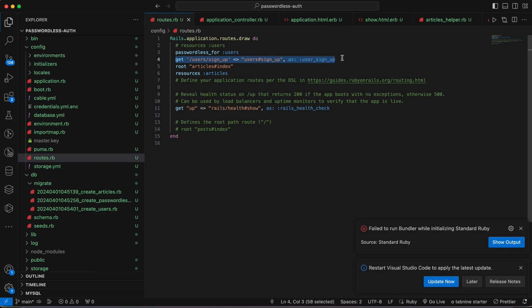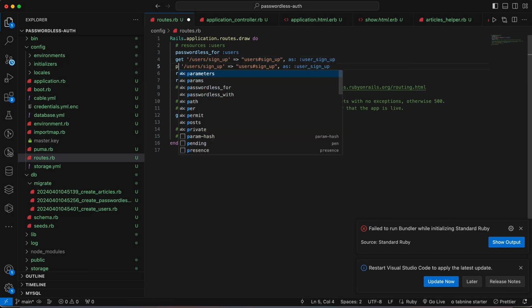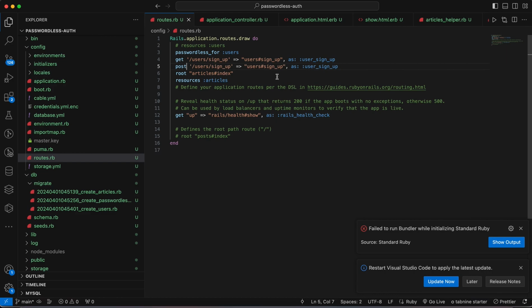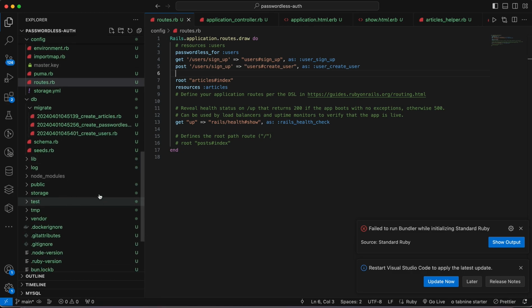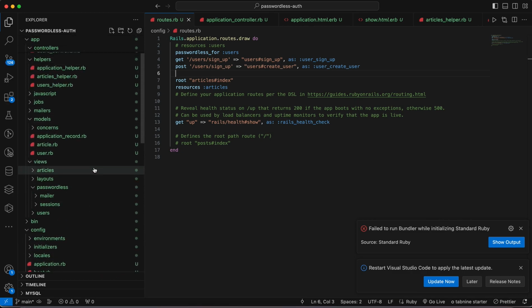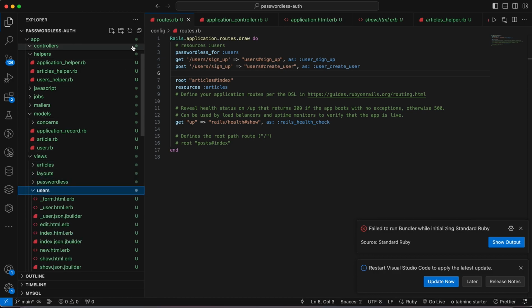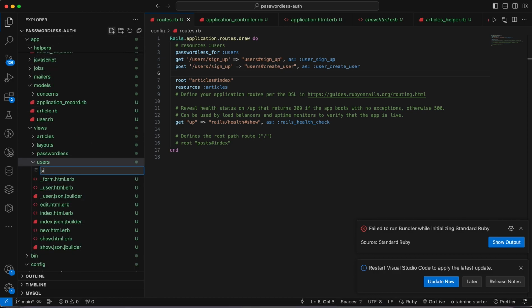Okay, so this is the get path and this is the post path, and it should go to create user. Okay, the paths are added. Now let's go to our views. If we go to users and add a new view, that will be sign up .html.erb,